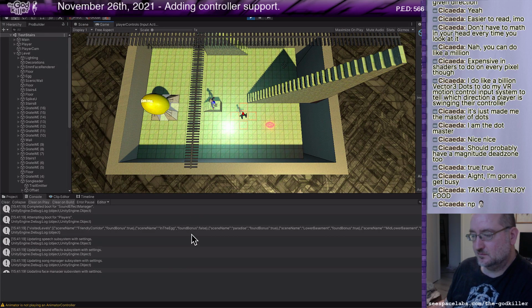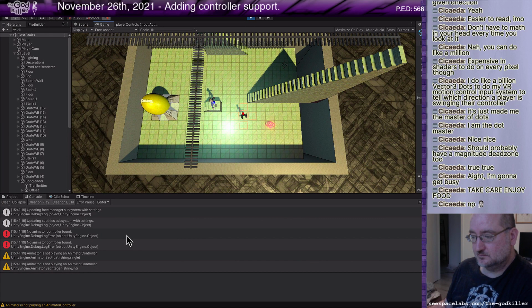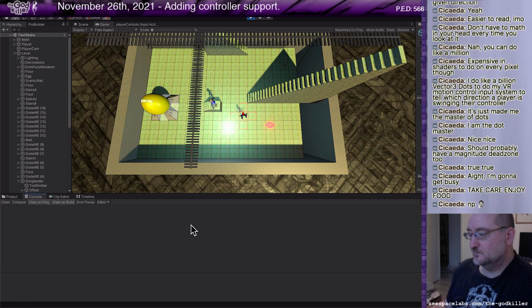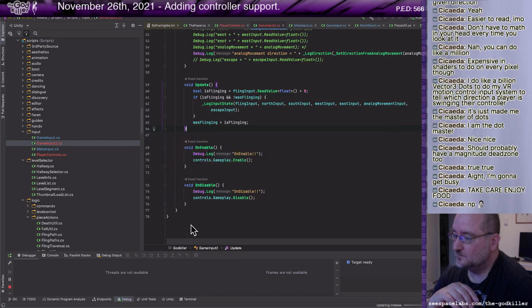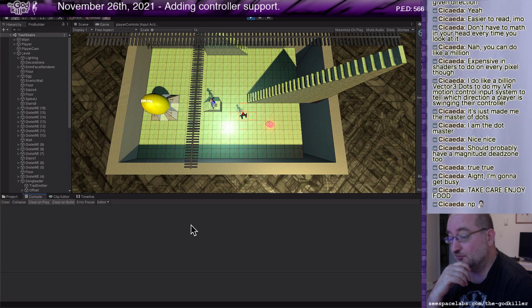Okay. If I tab away, does it disable? It does not. So far it's no different than awake. I can't see any practical difference from awake.